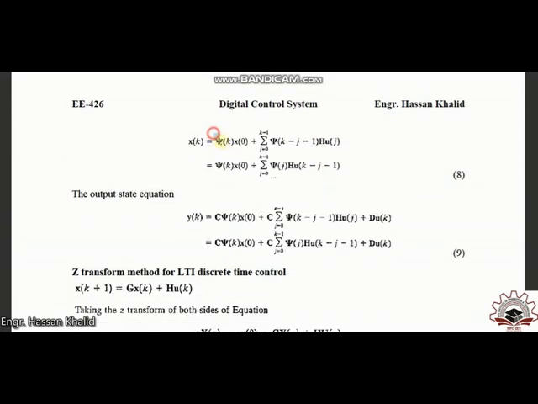We have replaced the coefficients of G of k with that of psi of k, and also transformed this step, G of k minus j minus 1, in terms of psi of k minus j minus 1, and this is how we have obtained our state equation in terms of our state transition matrix. We can also easily transform our output in terms of a state transition matrix as well, by just replacing all the variables we have defined in the previous page, and setting all of them in terms of psi of k. So this is how the output equation has been written in terms of our state transition form.